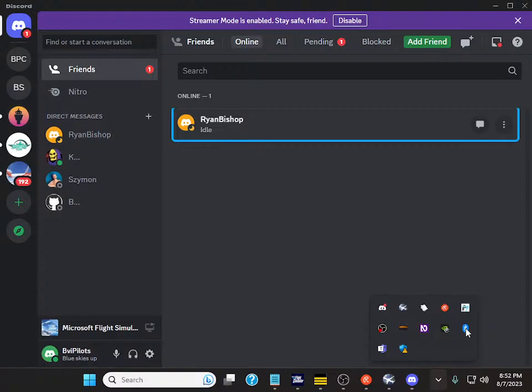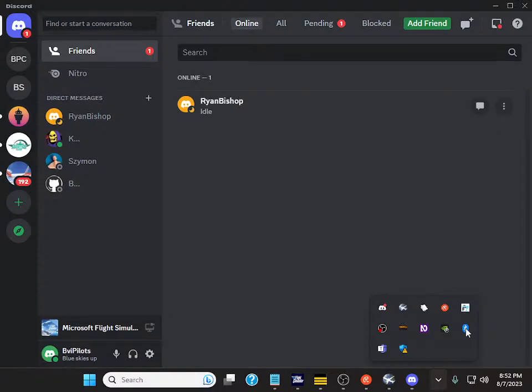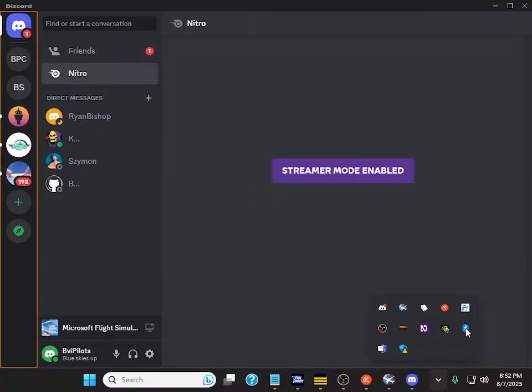mid, server, button streamer mode is enabled, space private channels navigation landmark, button find or start a con, streamer mode is enabled, stay safe, friend, but private channels navigation landmark, direct messages list with 7 items, link friends, out of list, but streamer mode is enabled, stay safe, friend, private channels navigation landmark, button find or start a conversation, direct messages list with 7 items, link 1, link nitro, heading level 2 button collapse, heading level 2 direct messages, heading level 2 button collapse, create DM, clickable link right visual, direct clickable link K, direct clickable link Simon, direct message, clickable link B, direct message out of list user, button available navigate Microsoft Flight Simulator, button available navigate to a server to start streaming, button collapse set status, switch off mute, switch off deafen, button user settings, out of region friends main landmark, friends navigation landmark, tab selected online, tab all, tab pending, tab blocked, tab add friend, button collapse new group DM, button collapse inbox, link button help, search edit search, heading level, list with 1 items, clickable graphic right, clickable right visual, idle, out of list button maximize, button minimize, server button dismiss, streamer mode is enabled, stay private channels navigation landmark, button find or start a conversation, streamer mode is enabled, stay safe, friend, button disable, button dismiss, server sidebar navigation, button dismiss, server sidebar navigation, button minimize, server sidebar navigation landmark preview, server sidebar navigation landmark preview,